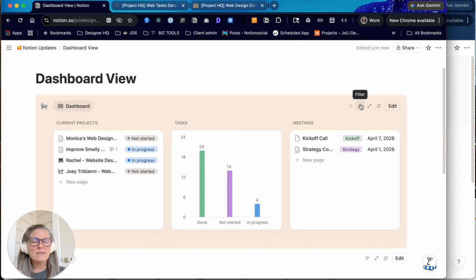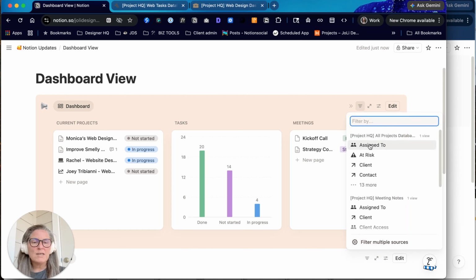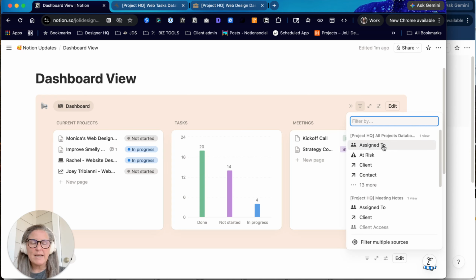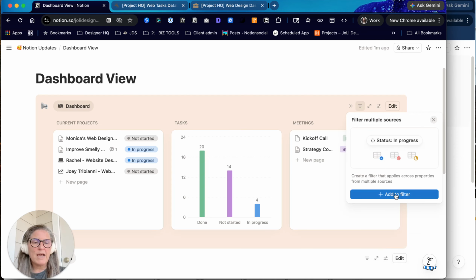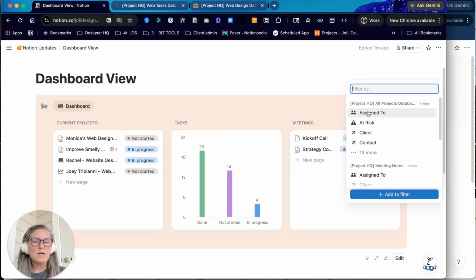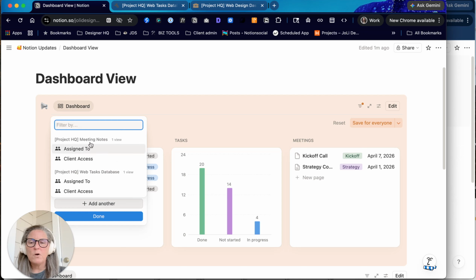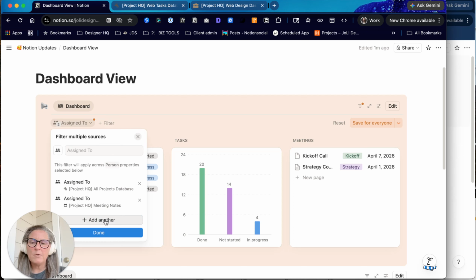And then I can set these global filters for assigned to, and you'll see I have projects database, I have meetings, and I have web task database. So all three of these have an assigned to property. So if I filter multiple resources, and I'm going to add that to filter, and I'm going to do assigned to, and you can see right here, it pops over here to my filter assigned to for the projects database. I'm going to add another for the meeting notes database, and I will add one more for the web task